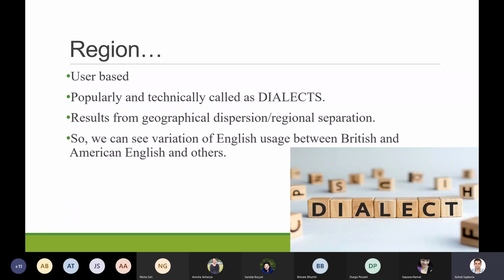Sometimes we can often see English use differ between British English and American English and others. There are differences between British English and American English. You are familiar with differences in terms of verbs and use as well. There are some grammatical differences even found between American and British English. There are two national standards overwhelmingly dominant in the number of English users and the degree to which these distinctions are institutionalized. American English and British English, the grammatical differences we find,